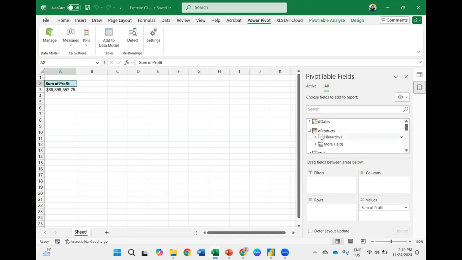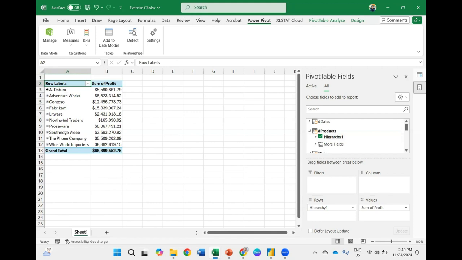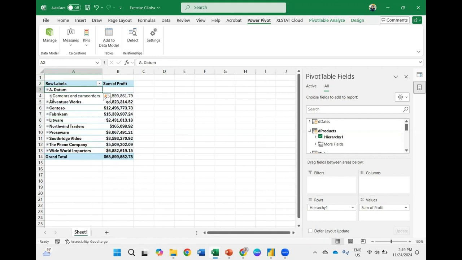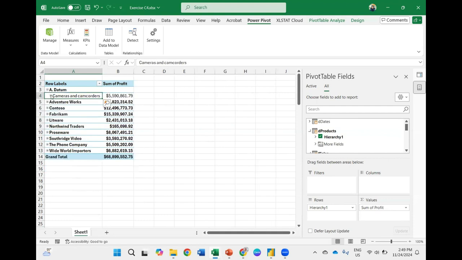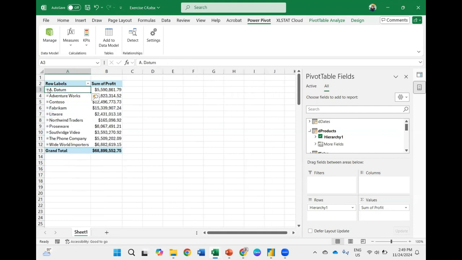Now you already have the hierarchy. When we want to create a hierarchy with a few levels, we just create the hierarchy, and automatically it will create it for you, so you don't have to click one by one. It makes it easy for you to create a hierarchy when all columns are in the same table. That is how to create a calculated column.